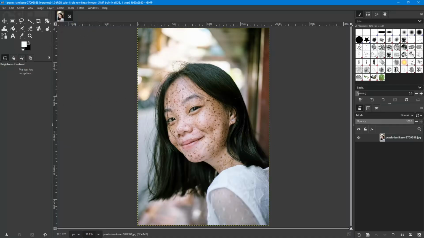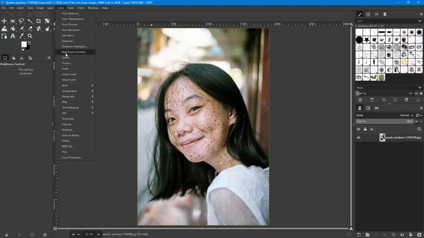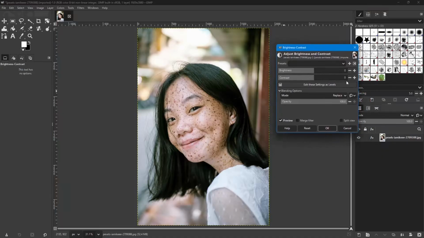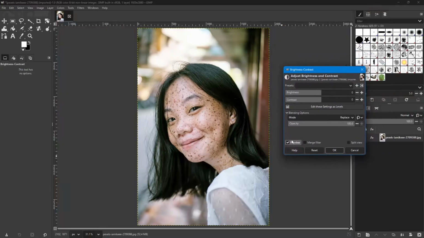So with that said, let's get into the adjustment. If you come up here to colors and you click colors, come down here to brightness and contrast and click that, you get a dialog box. It has two sliders on it, and if you have your preview box checked, it's always good to have a preview of what you're doing so that you can see what the changes are going to do if you lock them in. So if you check preview and then just start using these sliders, you'll see that one of them